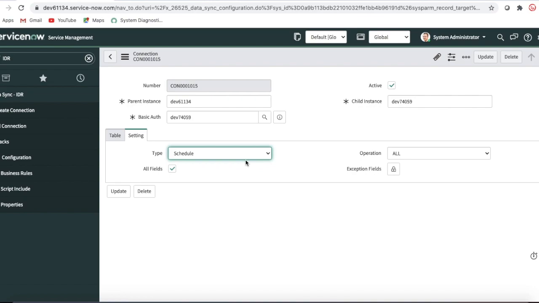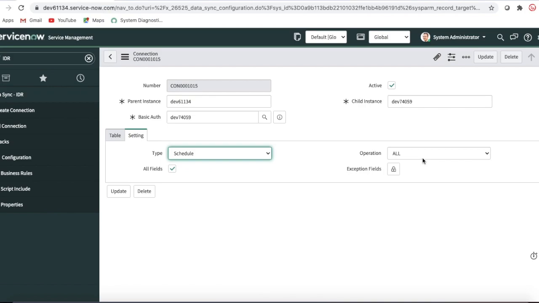You can send that data immediately, but some architects don't like disturbance from this data sync, they don't want to disturb their system performance. So what they can do is schedule it, and after a certain time when the user peak is very low, they can send the data. So that is the one option we provide, the schedule.